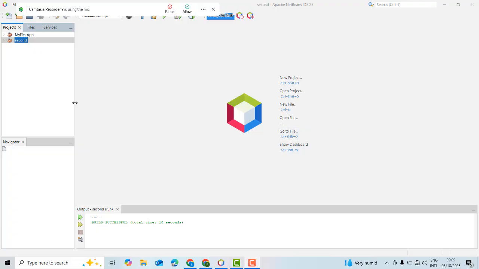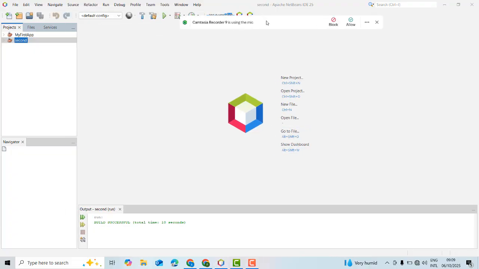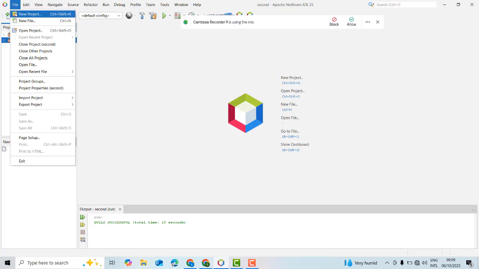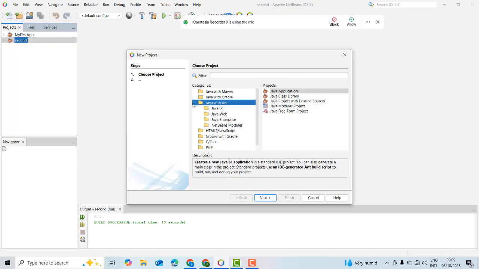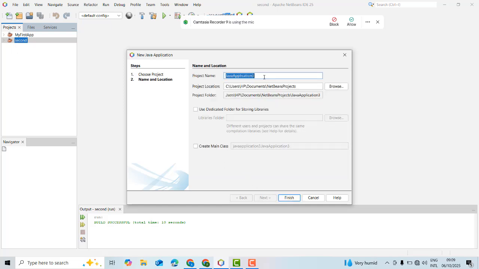Let's start the project. First, I'm going to go to File, New Project, select Java with Ant, Java Application, and click Next. Here I'm going to specify the project name. If Create Main Class is checked, you have to uncheck it. Here I'm going to give the name as